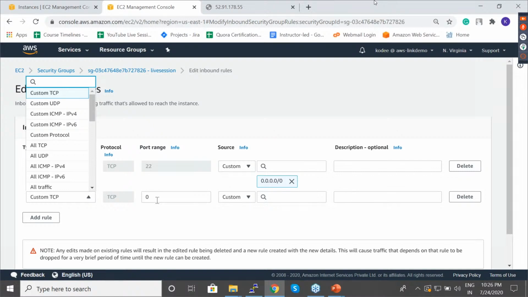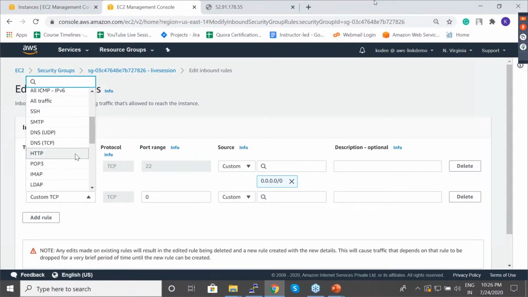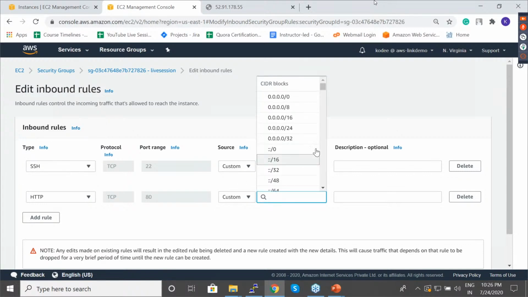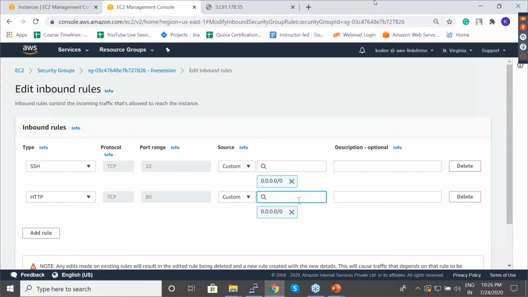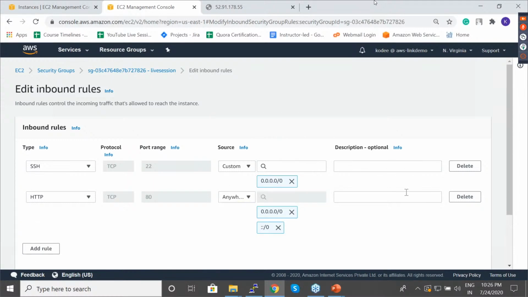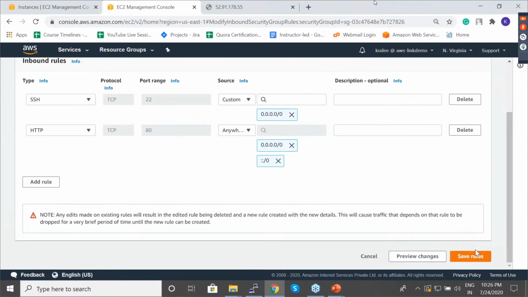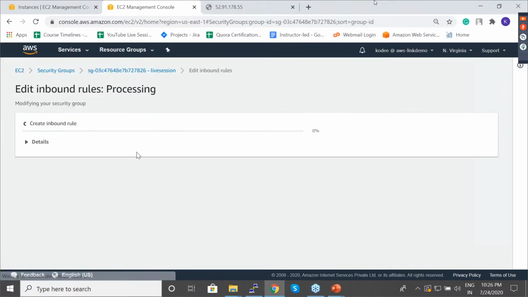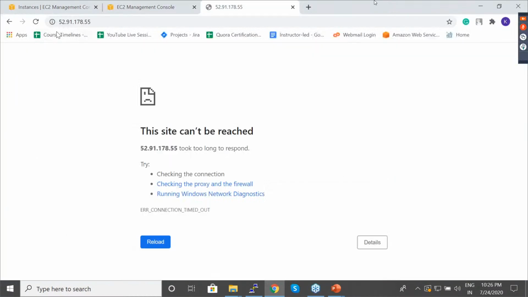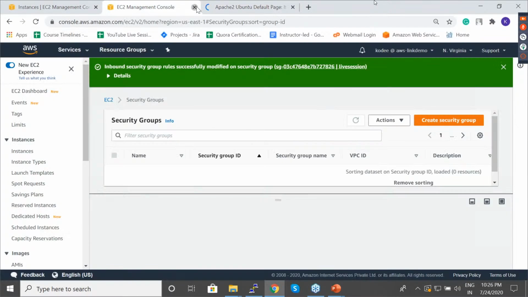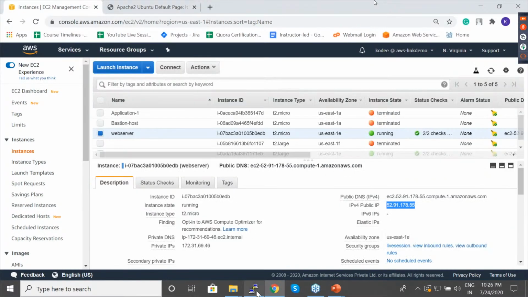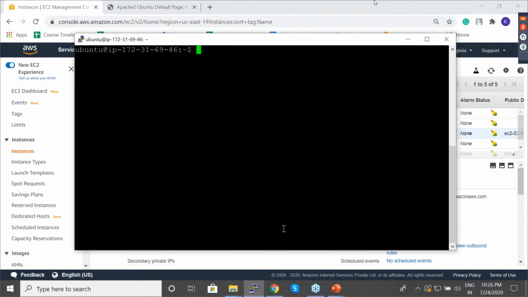You can also provide a range of port numbers, for example 0-1000, and it will allow all the port numbers within that range, or you can choose a particular protocol. Here I'm going to choose this. Or you can choose anywhere, in the sense that any IP address will be allowed, and save rules. That's it. I just wanted to do this again so we can see the website. So again, you can see the website. Cool. Okay, somebody asked about CD.